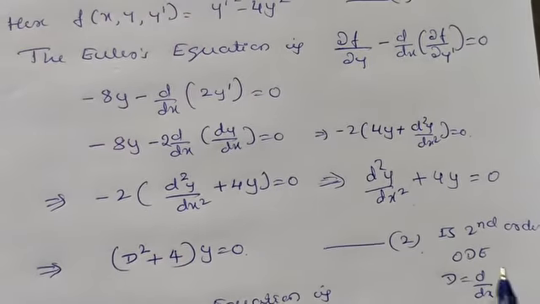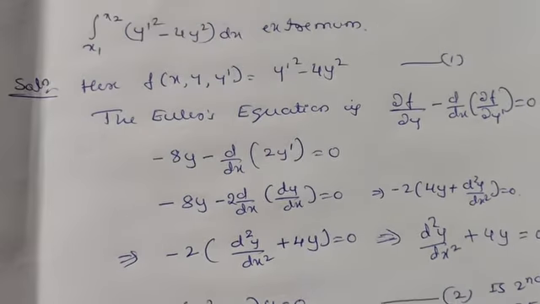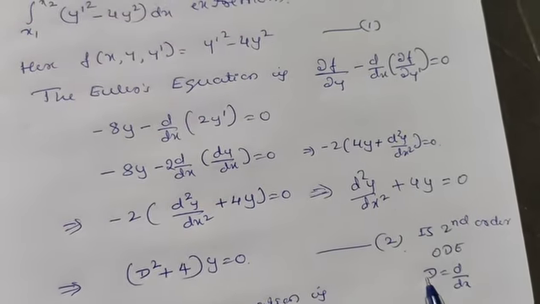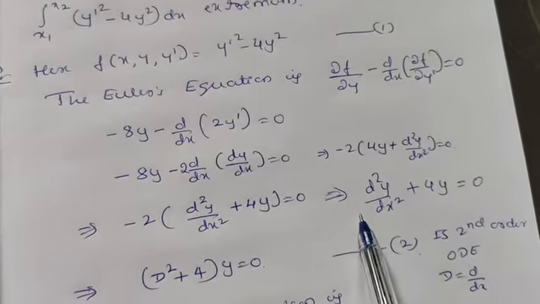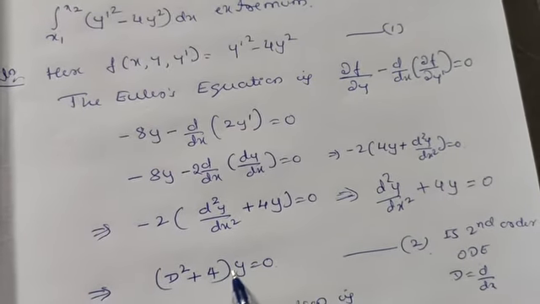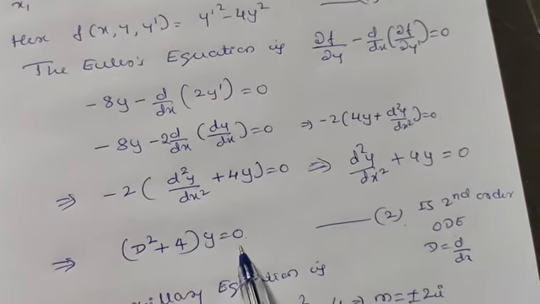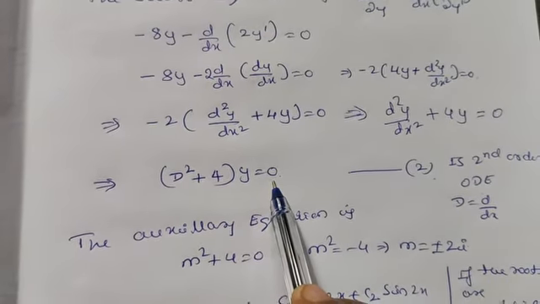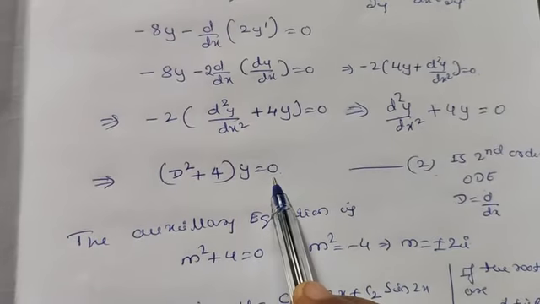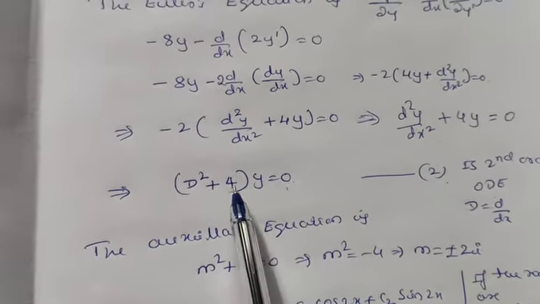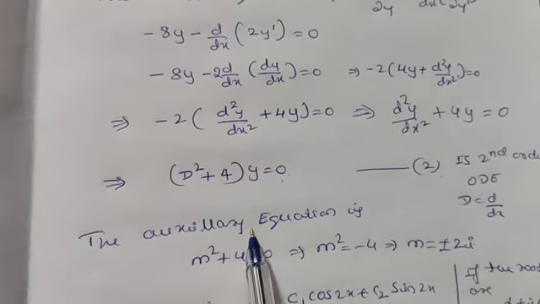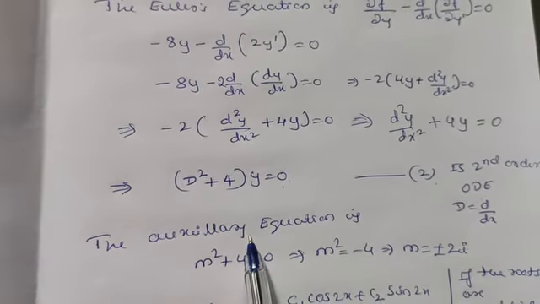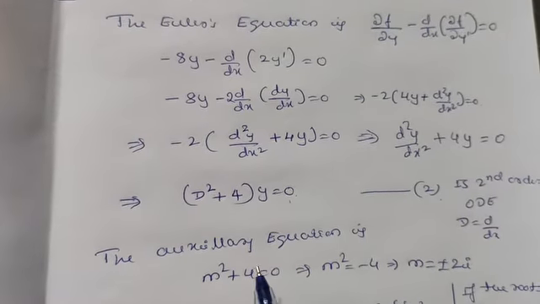And we know that this d by dx is denoted by capital D. So this can be written as here D2 plus 4 into y is equals to 0. This you have studied in last sem. In differential equations, you have studied all these methods of solving differential equations. And now we have to find the auxiliary equation. In final year also, in the last chapter, you have seen how to solve the differential equations. So that is in difference equation.